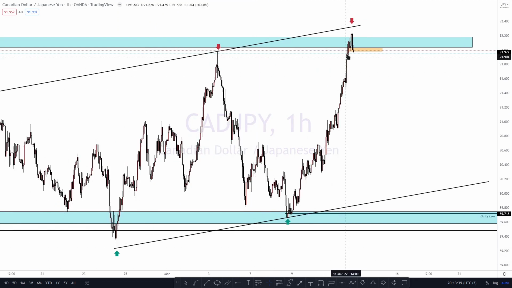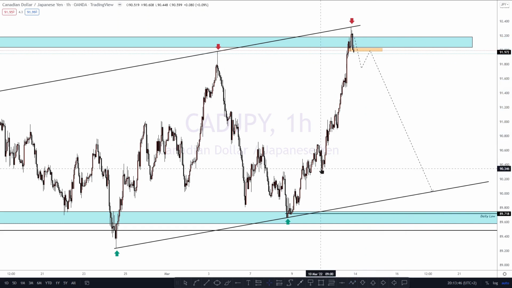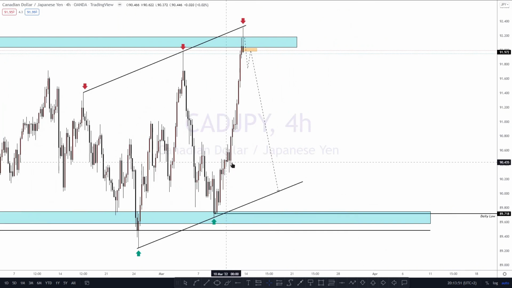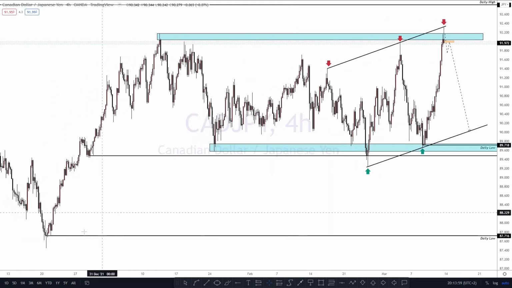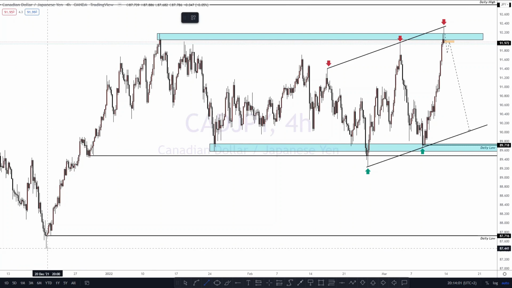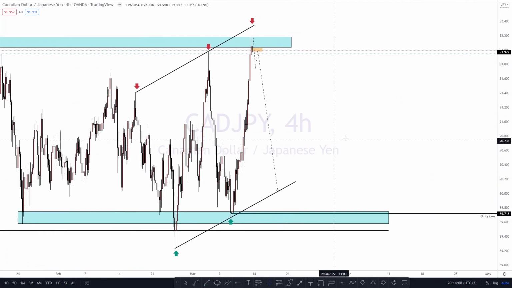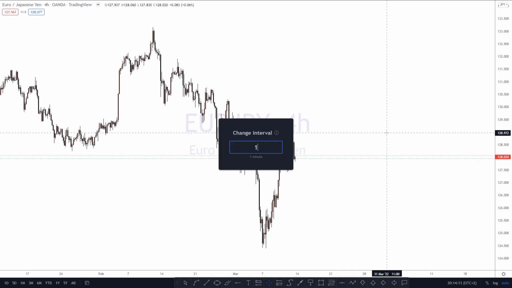Could potentially see something like this. That's what you could see. We move to 4H, trying to see if there are any levels that could stop us here. I don't see any, so we could potentially have something like this. Right, so that's it. If it does, it would just come also to this, and we'll see that this level would also just be respected, but we're just focusing on it. Now we move to the next one, which is Euro JPY.